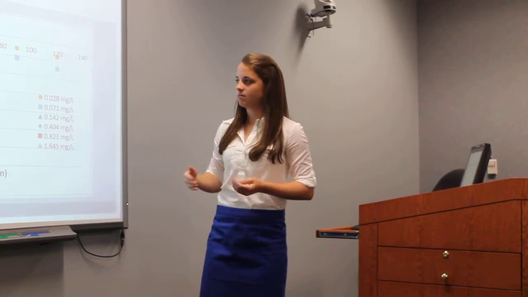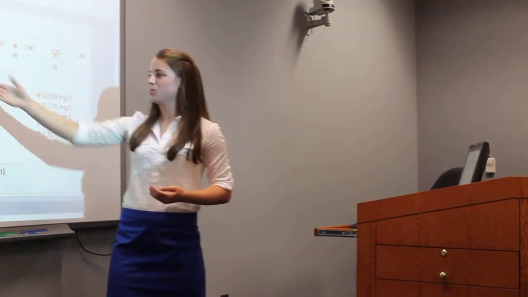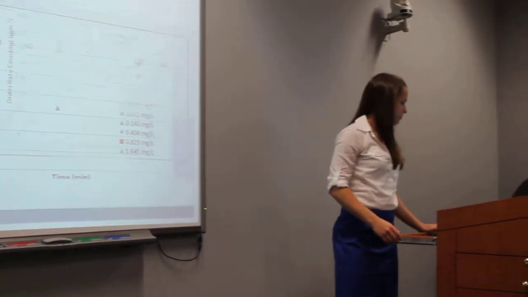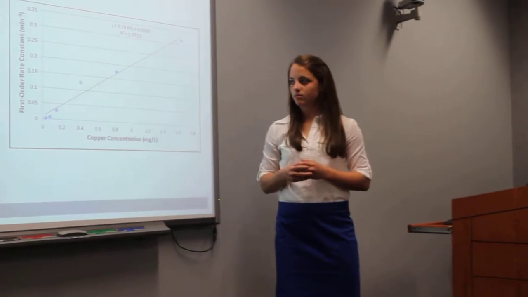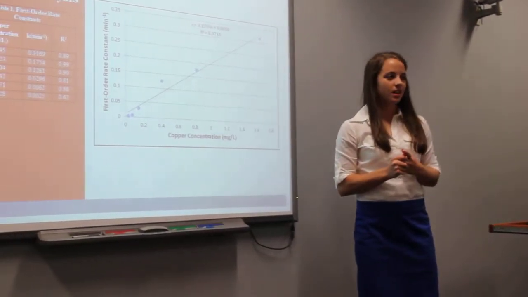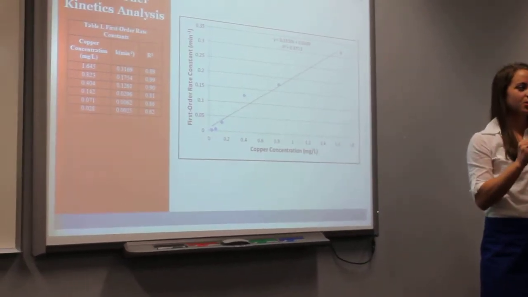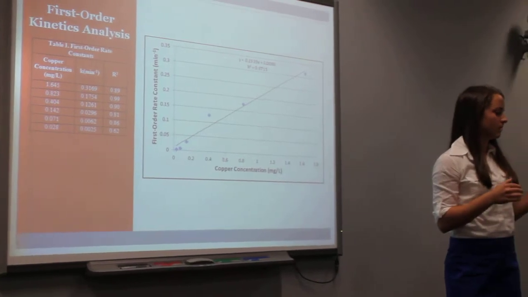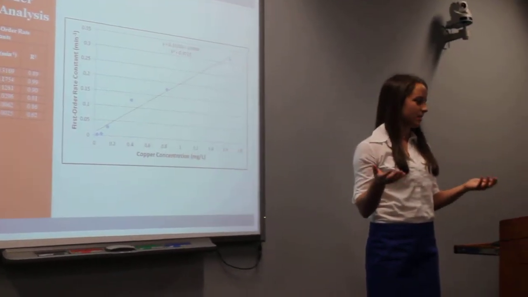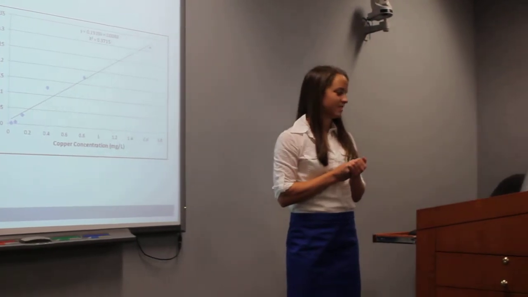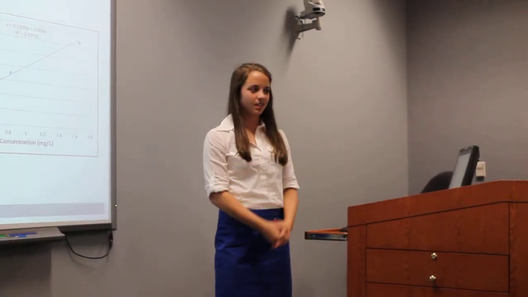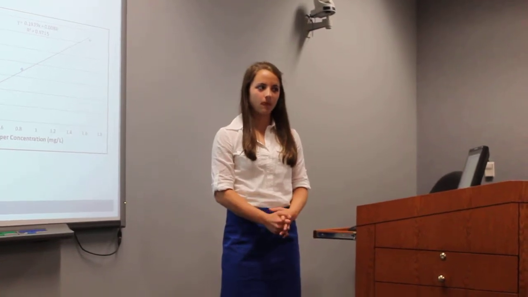Like the 1.5 milligrams per liter, it's a relatively straight line, which can be seen by the R-squared values. And once you have the graph, you can pull the slopes to have your rate constant, which can tell you how long you're in contact. So if first order kinetics looks like a y equals mx plus b line, a straight line,